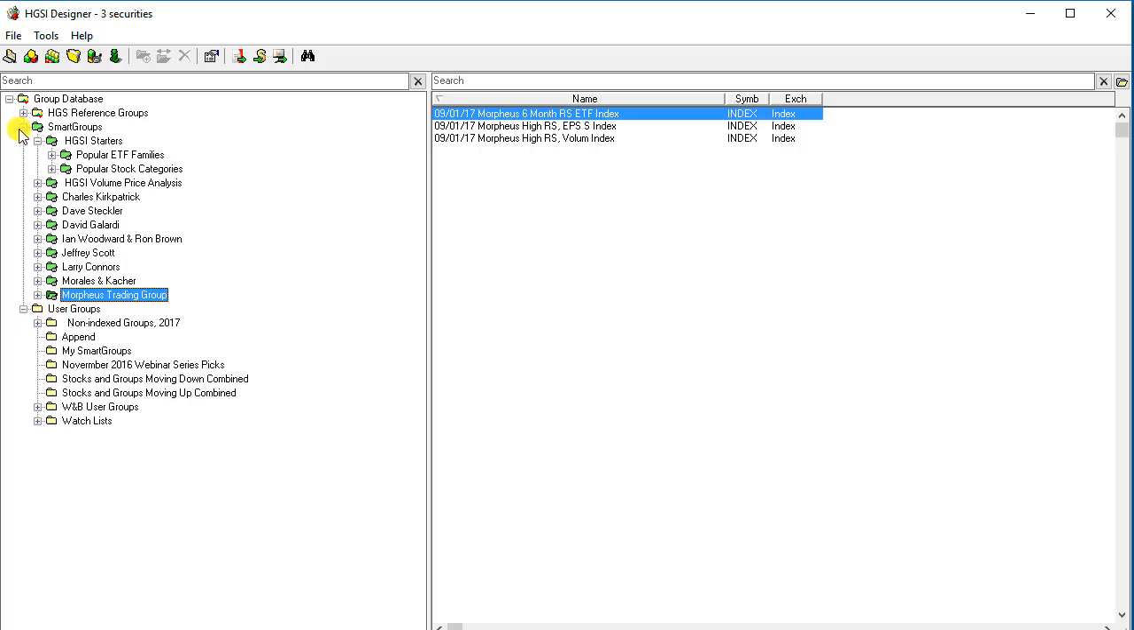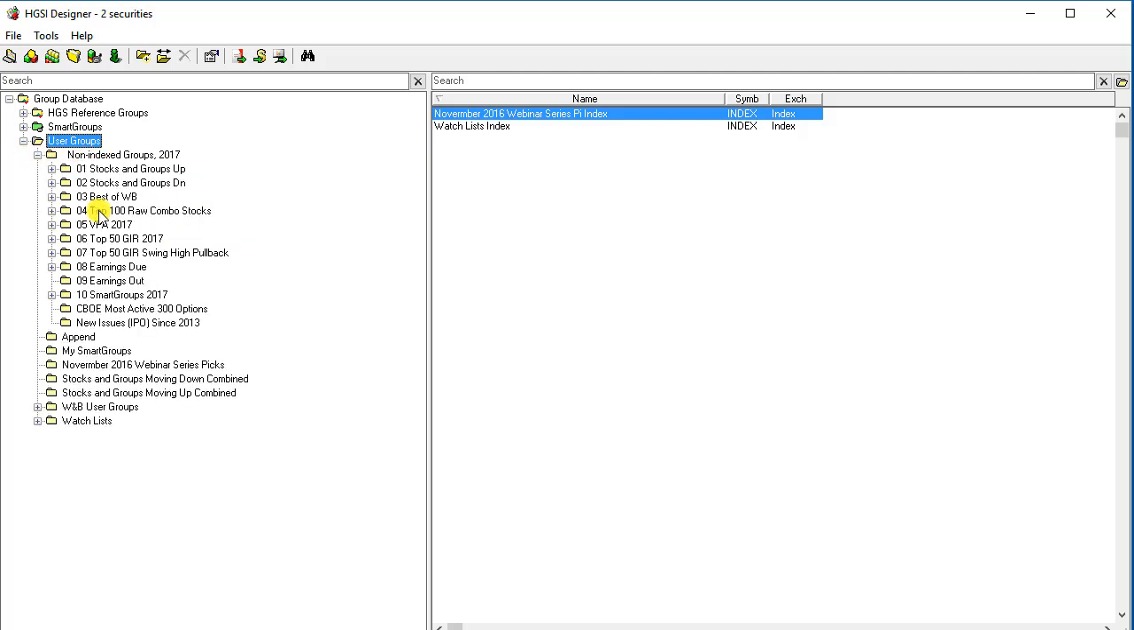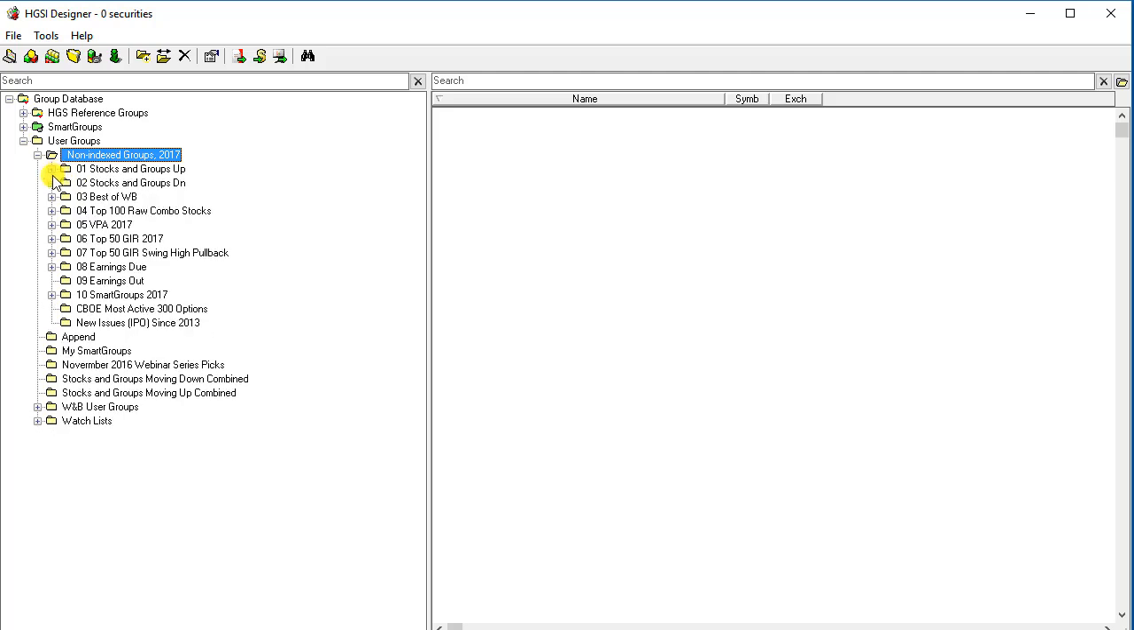And then we get down into the user groups. This is where you can create your own groups and save the data if you want to. Now I maintain folders I call the non-index groups because I've got it set up so none of the stocks generate indexes, because it just takes time to generate those indexes. But you can see that I maintain a lot of data. Now this is information that I keep up to date through what I call my Insider Club. I send the updates out weekly, but I maintain stocks and groups that are moving up on a monthly basis